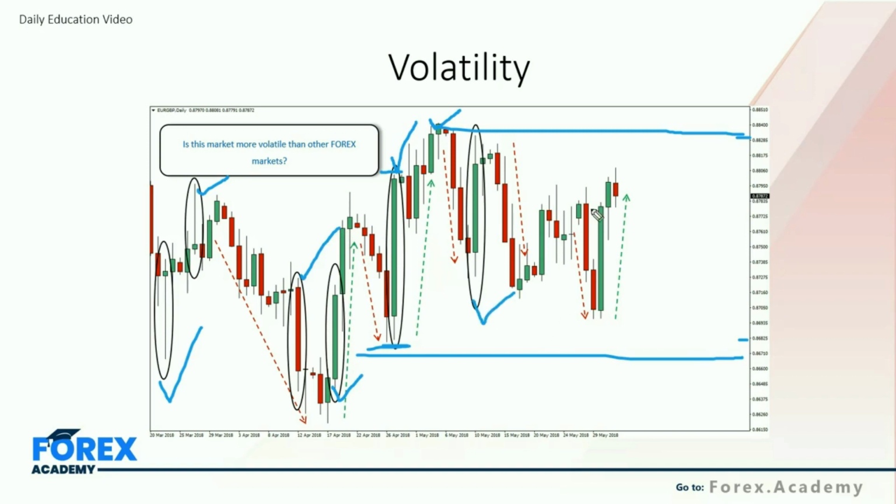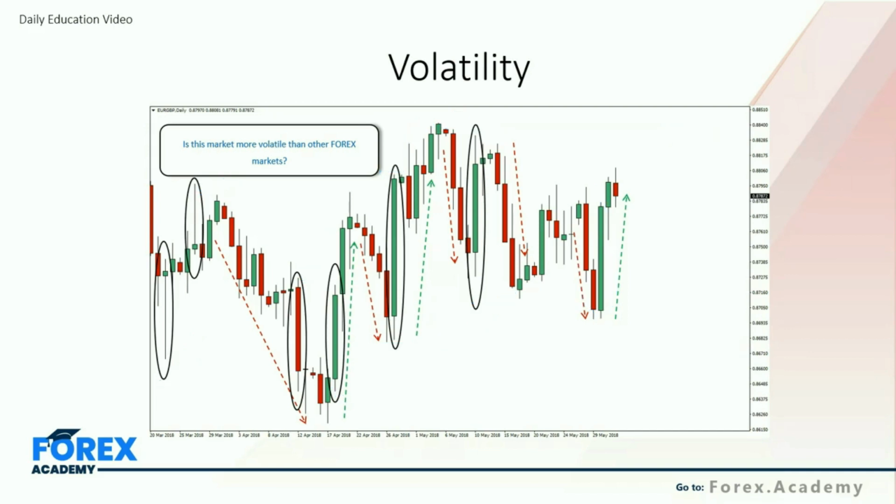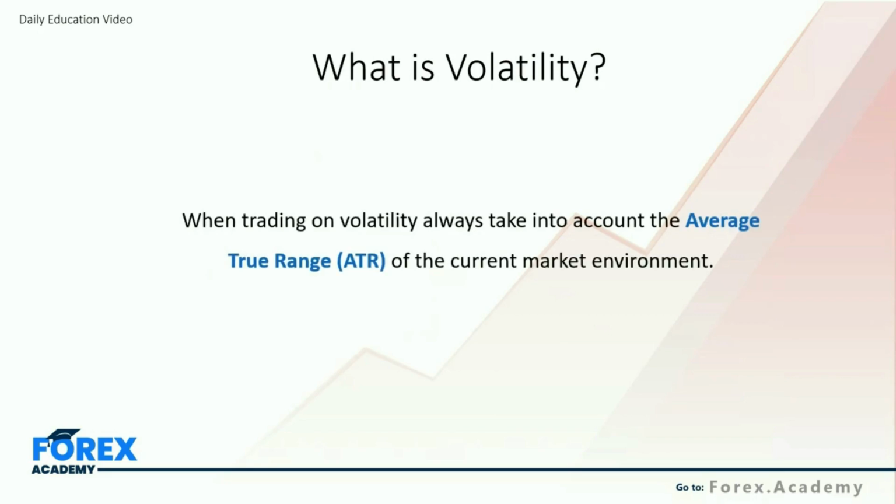We can see, guys, that we have some real pointers that there's volatility in the short term in this market from a day-to-day perspective, and perhaps we should be trading this with less notional trade size, of course, and positioning ourselves correctly to adhere to that volatility. So one of the main points I'd like to make when trading on volatility: always take into account the average true range, the ATR, of the current market environment. It will help you assess the likelihood of price fluctuation and help you assess what type of risk to assume in a trade.